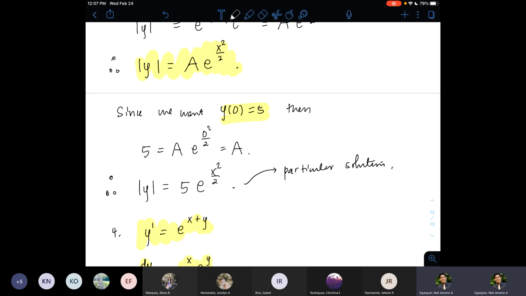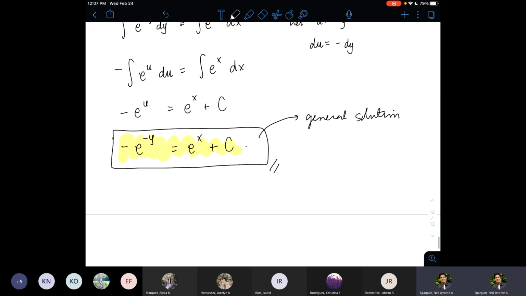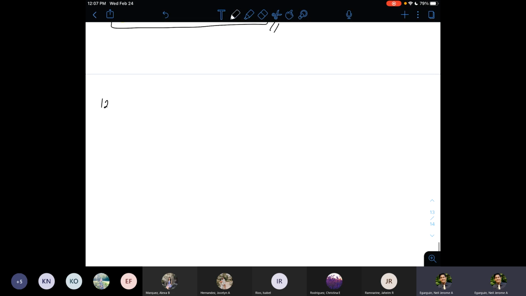Okay, no specific problem. So let's try problem 12 from worksheet number 5. Problem number 12 asks us to solve this differential equation, y prime equals y squared plus 1 all over xy plus y. We are not given any initial or boundary conditions, so we are looking for a general